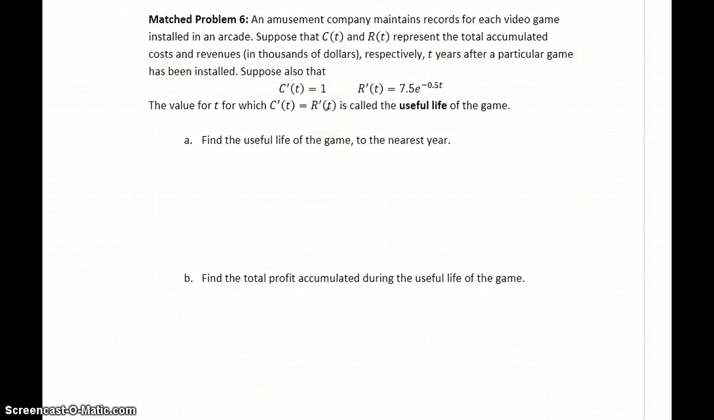So the game has stopped bringing in as much money. We're basically breaking even on it, so we've gotten as much useful life out of this device as we're going to. So we want to find the useful life of the game to the nearest year. In this case, part A doesn't actually require any calculus. So if we want to find when the rate of change of our costs equals the rate of change of our revenue, we can just take these two given functions, set them equal to each other,